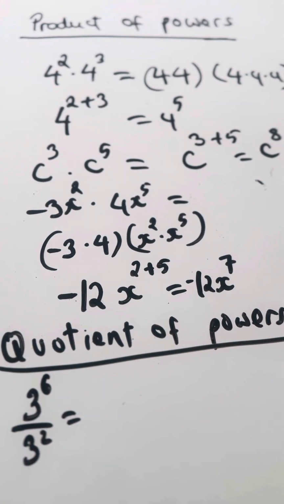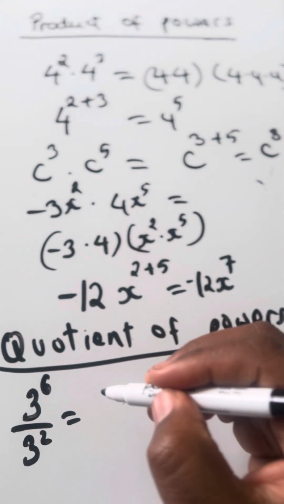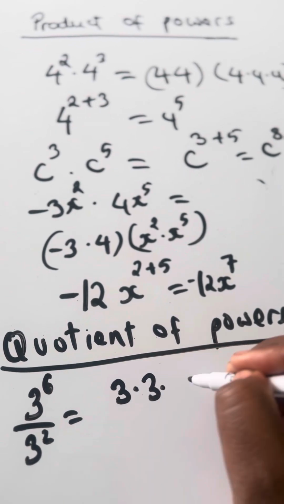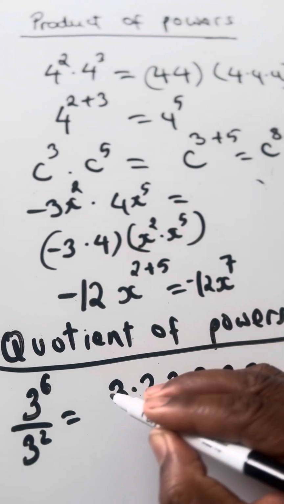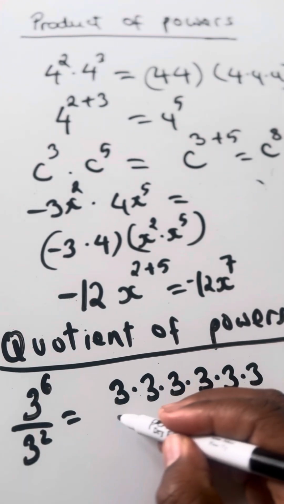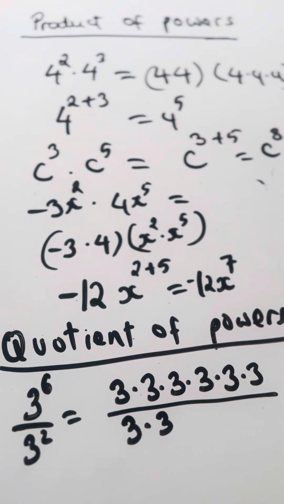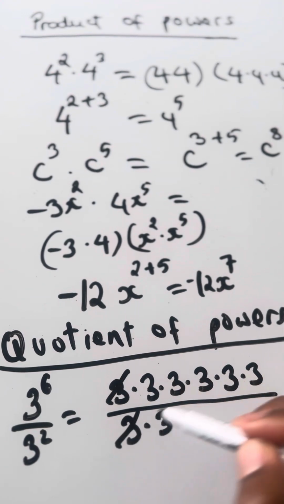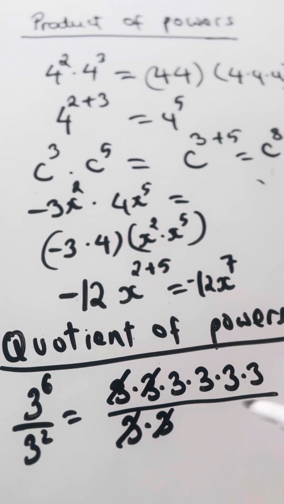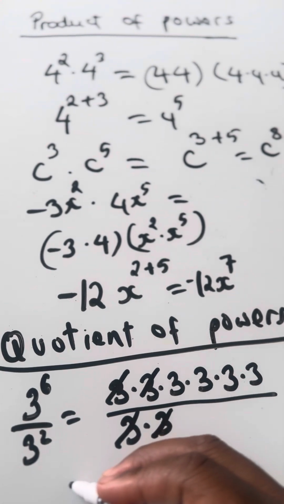Now remember, if you're solving a question like that, the factors of 3 from the numerator are 3 times 3 times 3 times 3 times 3 times 3. 1, 2, 3, 4, 5, 6. So we have 6 3's on top, and on the bottom we have 2 factors of 3, 3 times 3. Now, what will happen is I can cancel out. 3 divided by 3 is 1, that cancels out. 3 divided by 3 is 1. Now, I'm going to be left only with 4 factors of 3, which in this case is 3 to the